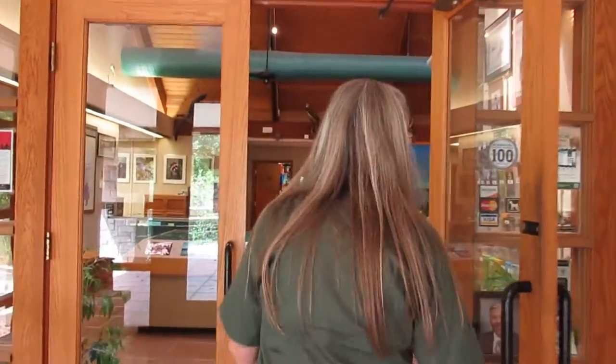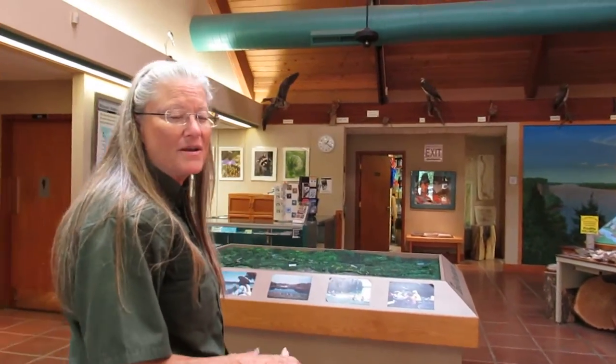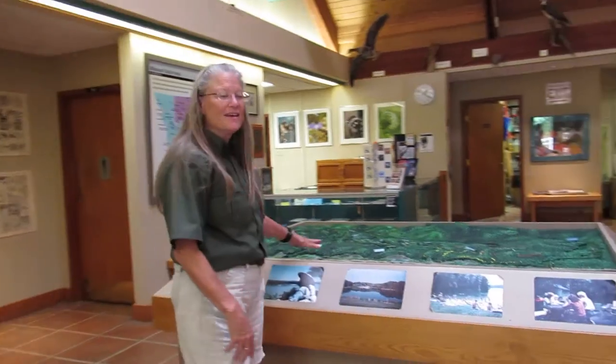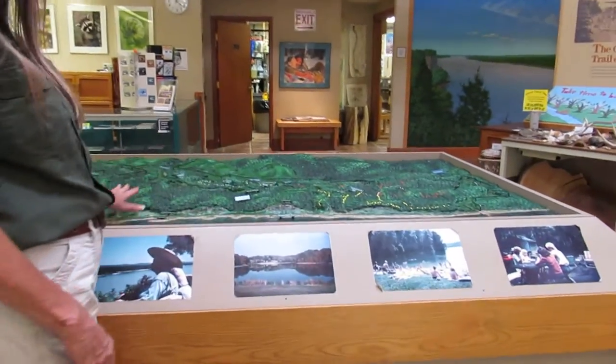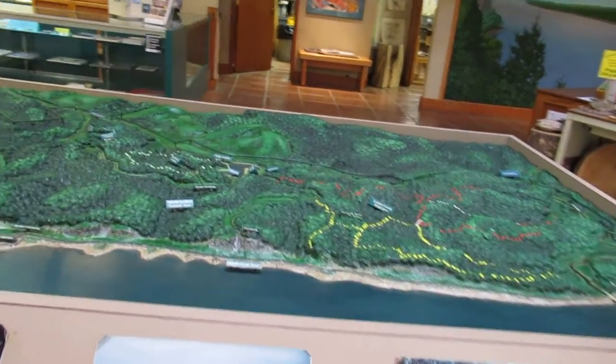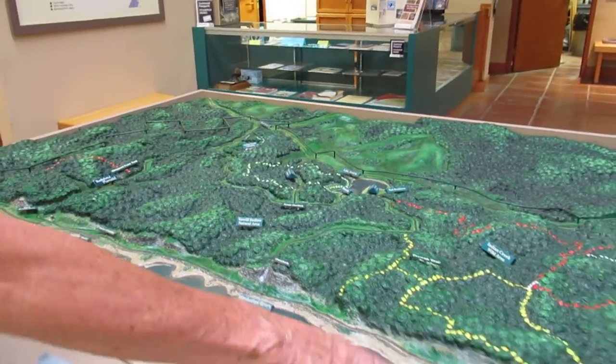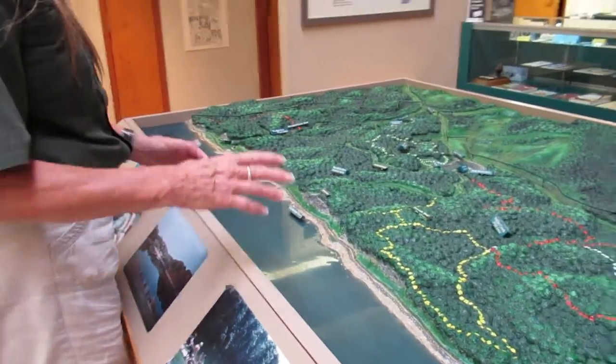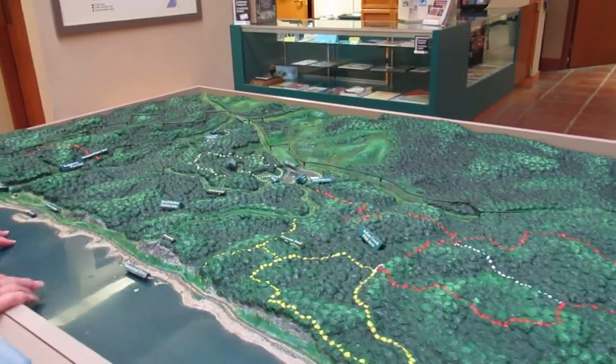Within our visitor center, it talks about the history of the Cherokees. When we come into the park entrance, here at the visitor center, you'll see the overview of the park, which shows the trail system, the road system. It also shows you where we are in relationship to the Mississippi River. It gives you an idea of where you can go within the park, and it also shows natural